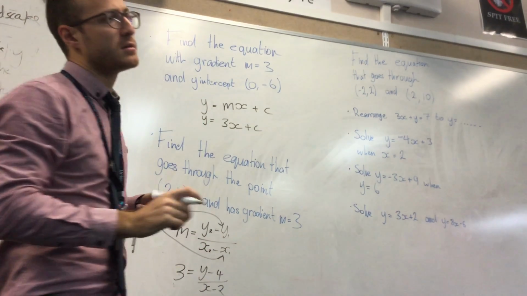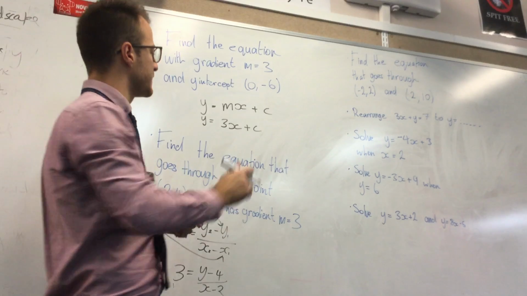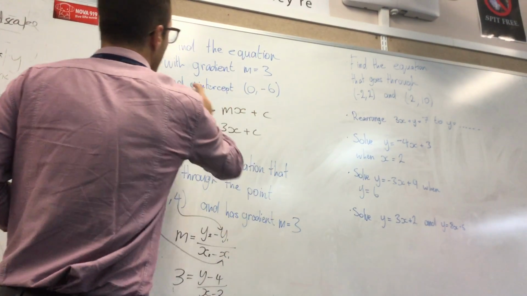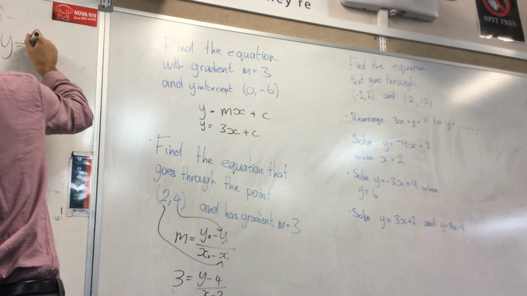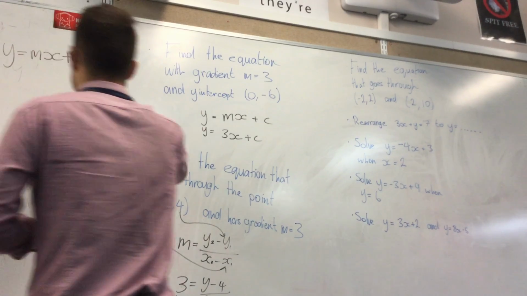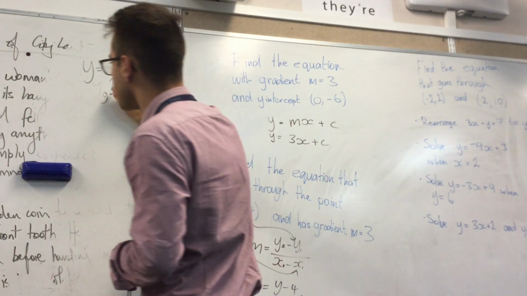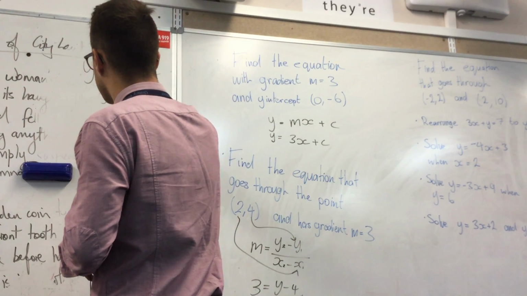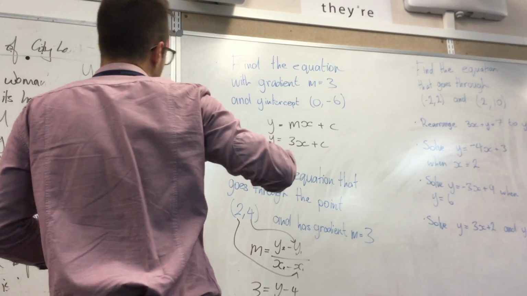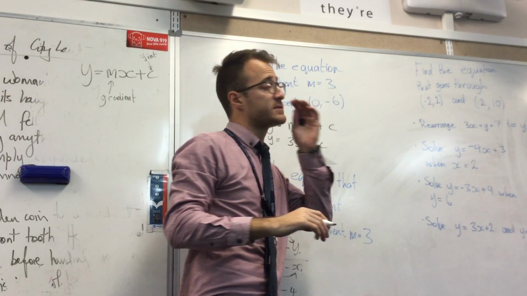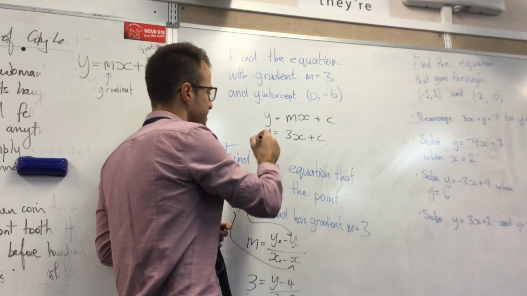then we've got that, okay? It's our first part. Now, when I give you this, I think over the last few weeks, I've always written over here that general equation. M's our gradient. What does c equal? The y-intercept. Thank you, Tabitha. Alright, so what's our y-intercept? -6, beautiful. So therefore,